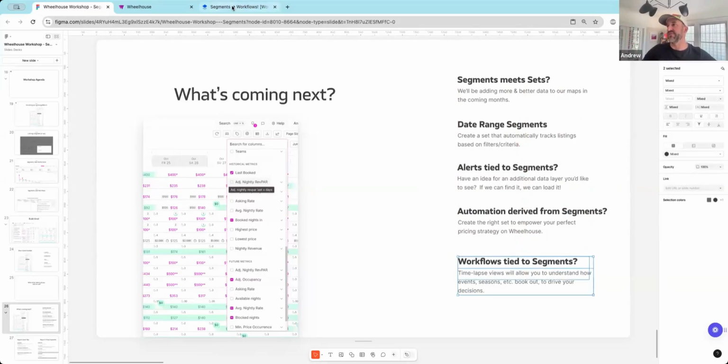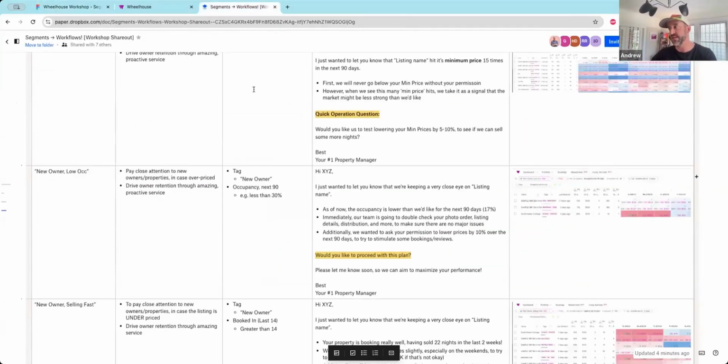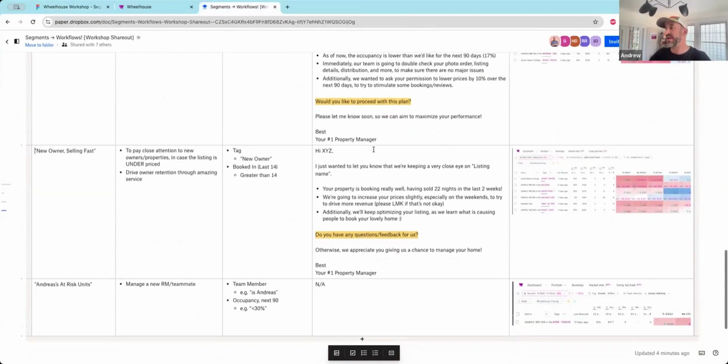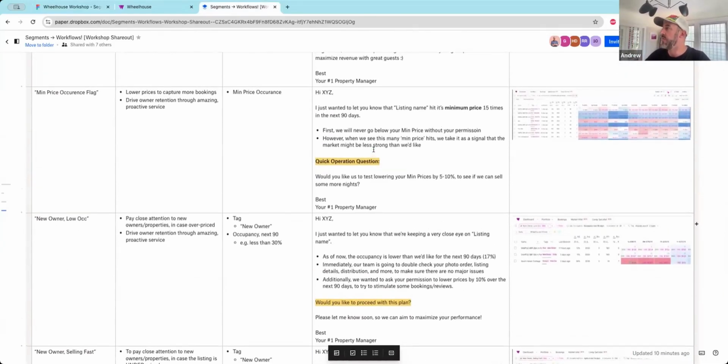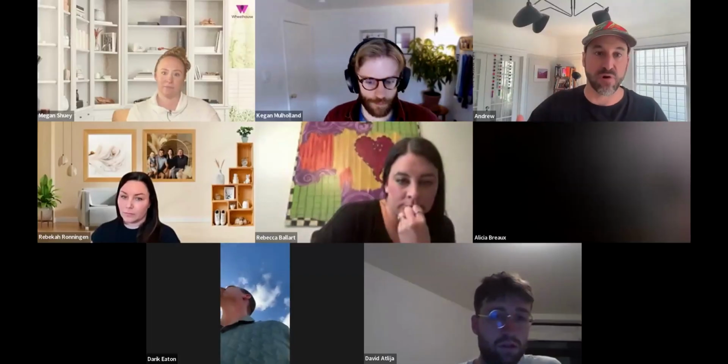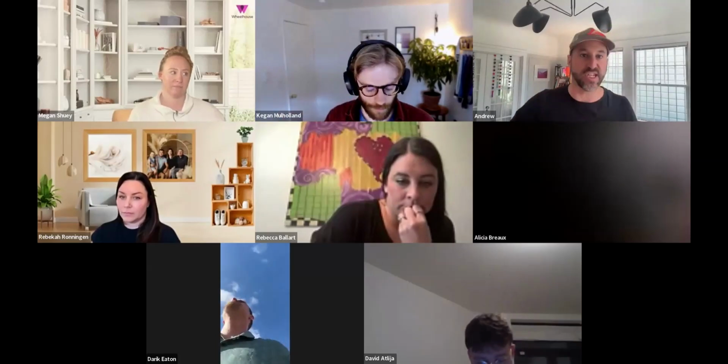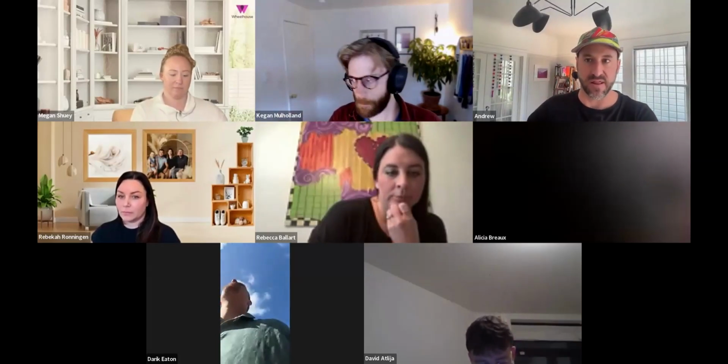Again, we showed the very staticky, hacky way. Again, steal the emails, take whatever you want. We'll add more here. Really, when we're thinking about segments, we are thinking about empowering those workflows, whether it's on Wheelhouse or off. But we do think, eventually, could we just make it easier, one click, etc., to do what you need to do. So we think segments is a predicate step to giving you the organization you need to do those other fun things.